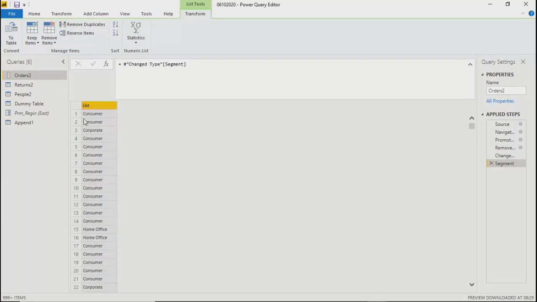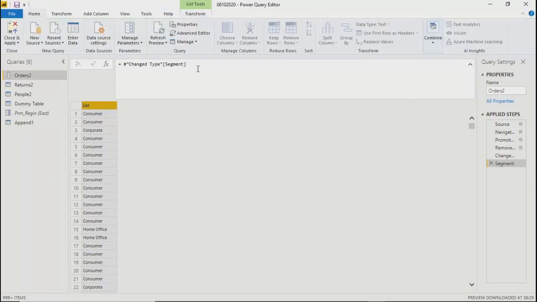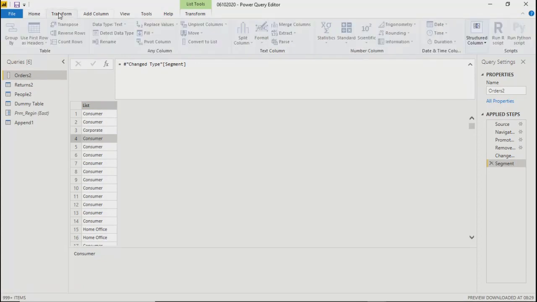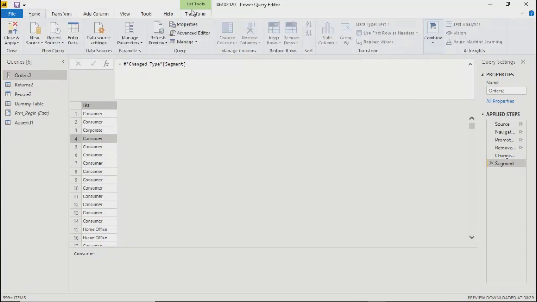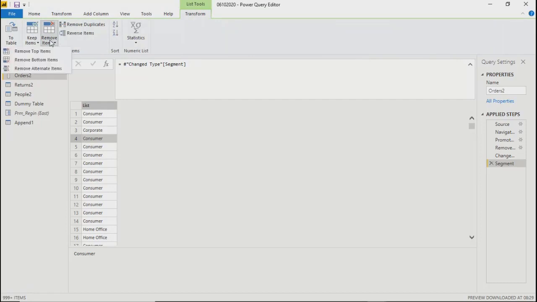But what you can do is, you got only one column here. Now you can go to Home and use remove duplicates.